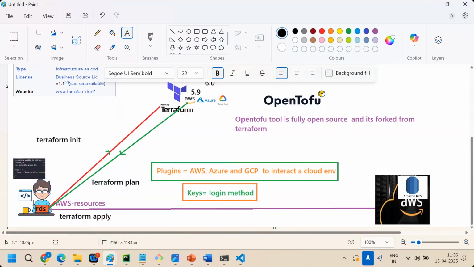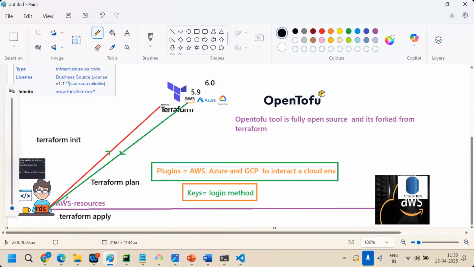Okay. In this case, you make modifications and run Terraform, but definitely you need to run Terraform init, right? Again, this request will go to 6.0, not 5.9 at that time. It downloads the 6.0 plugins. These 6.0 plugins may not support your code base.